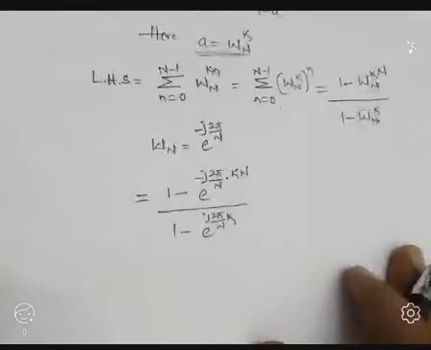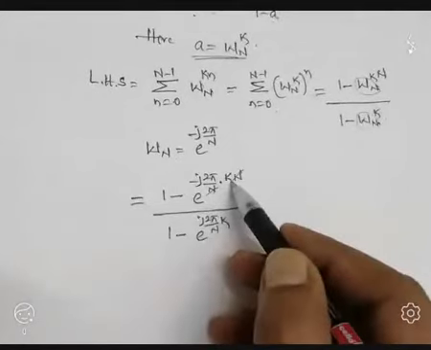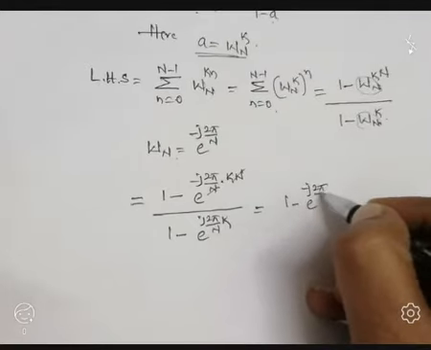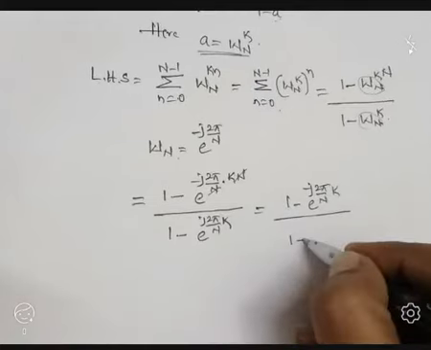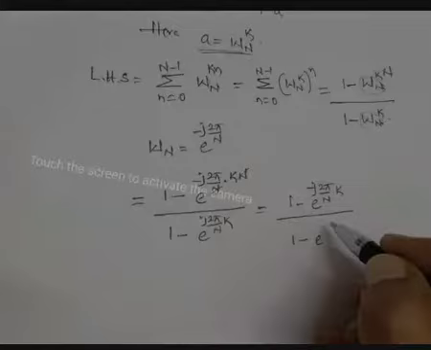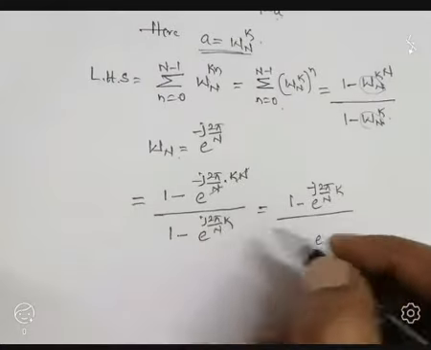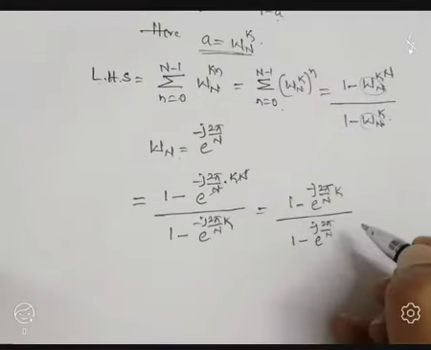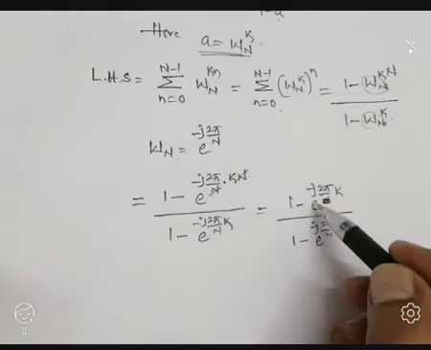Next, further simplification, how we are going to simplify? So observe here, N and N get cancelled, only left with 1 minus e to the power minus j 2 pi by N into k divided by 1 minus e to the power minus j 2 pi by N into k. Is it correct? Now similarly, sorry, here N gets cancelled, there is no N term here, so only left with e to the power minus j 2 pi k.